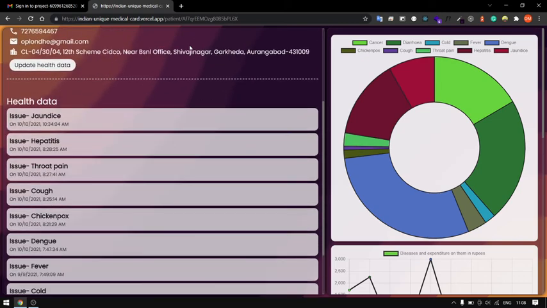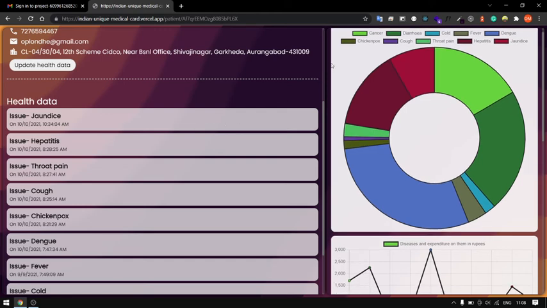And after that you will see the health data of the user, but the price, the cost, the expenditure that the user has incurred on his previous health issues is not listed here, because we want to keep the expenditure, the financial status of the user, secured and abstracted. So this is not visible up here.